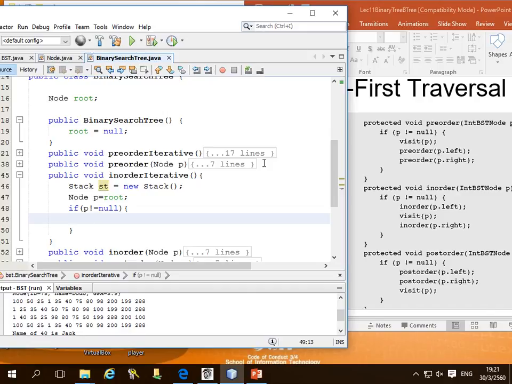One more thing: over here, when we go to the right, if the right is not null, we're going to go to the top of the loop and push that node, but we have not visited it. But if the right is null, like in this case,